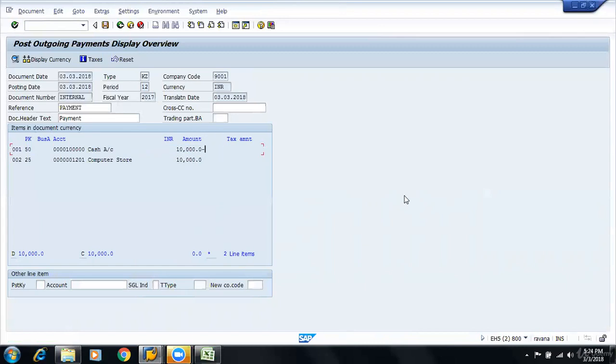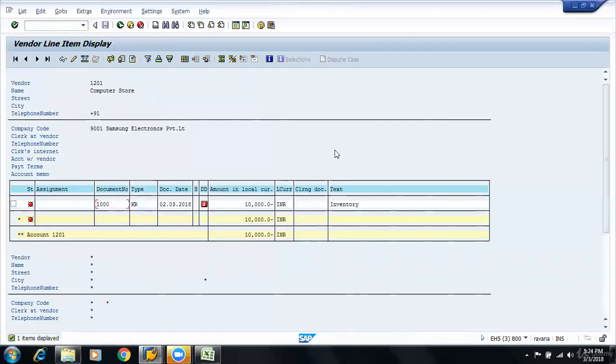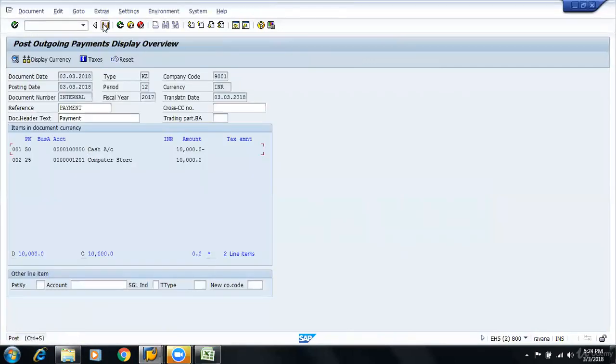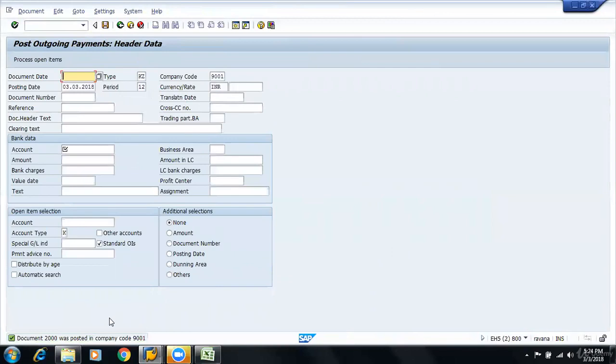Now, I haven't posted it yet. Coming back to my FBL3M, once I clear the document, that means the screen I was in, I haven't posted it. Once I post the payment document, what do you expect to happen? This should turn to green, correct? Let's see. I'm now posting this. Very good. Document 2000 was posted in company code,